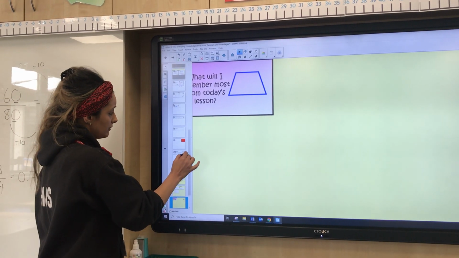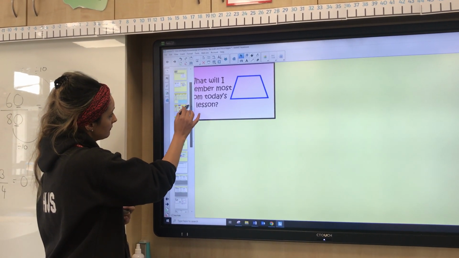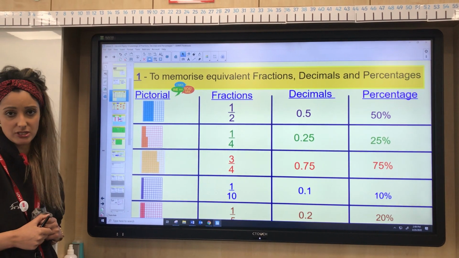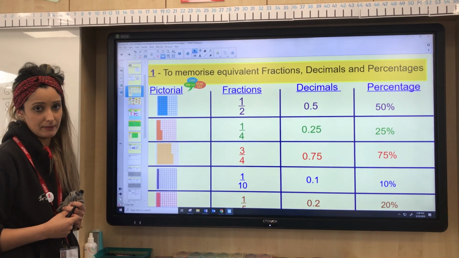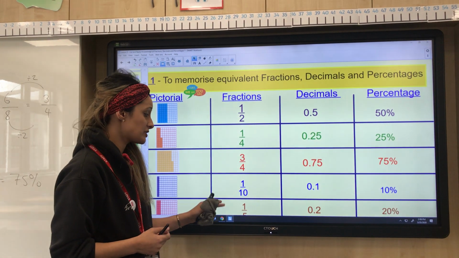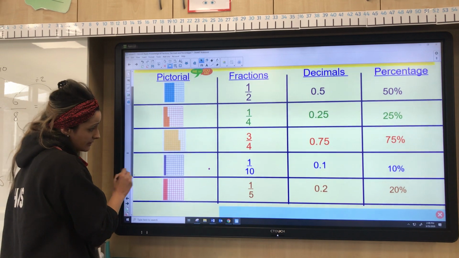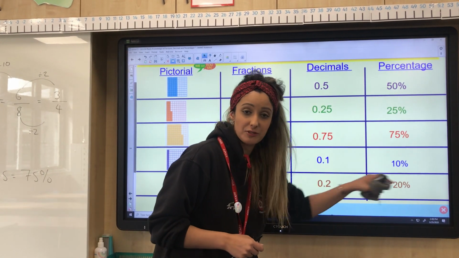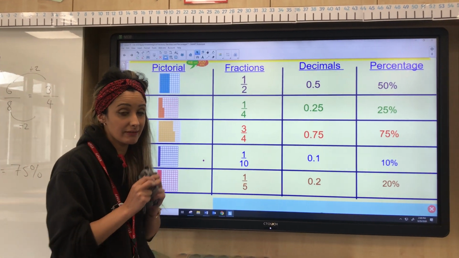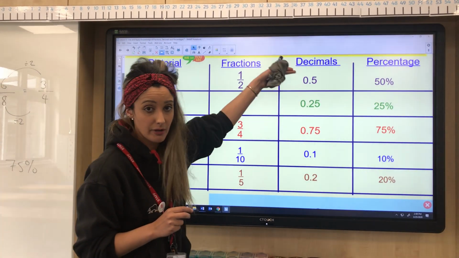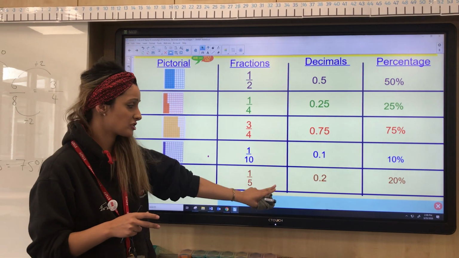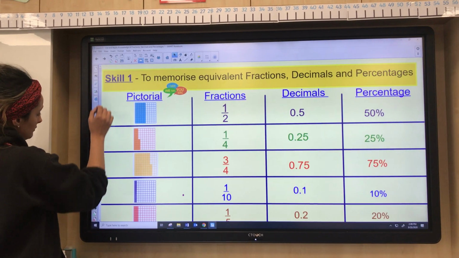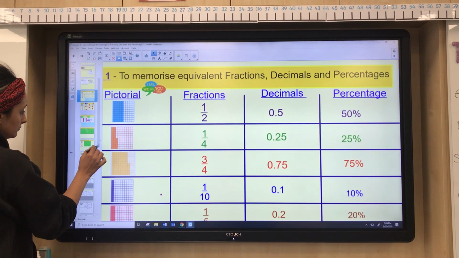And actually for some children, it may be as simple as, I need to memorise my fractions, decimals and percentages, the equivalents of them. Okay? Very, very specific. Some children might need to say, I need to remember that, and having been a year 6 teacher for many years, this one here, a fifth, is equivalent to 0.2, is equivalent to 20%, is often the one that they really, really need to memorise. They're quite familiar, most of the children, with these from previous years, but it's just maybe these couple of ones at the bottom. So at this point here, as a teacher, I would model